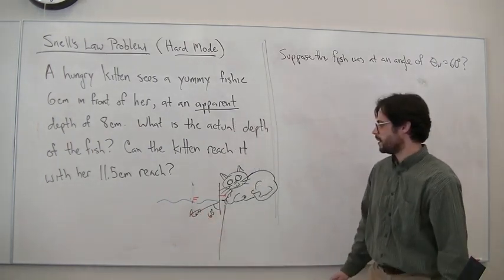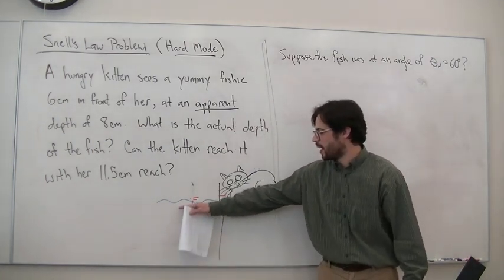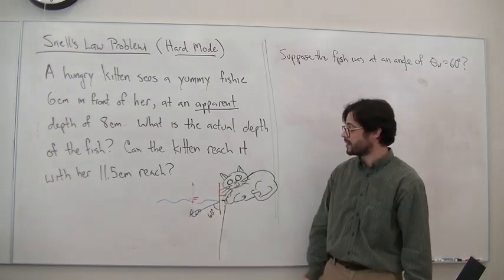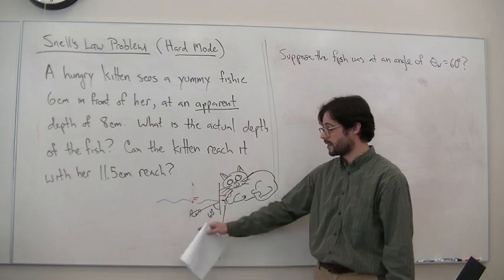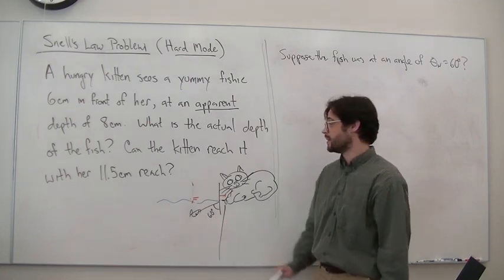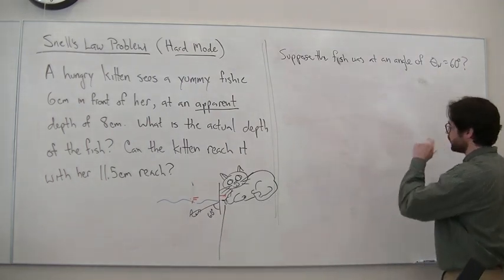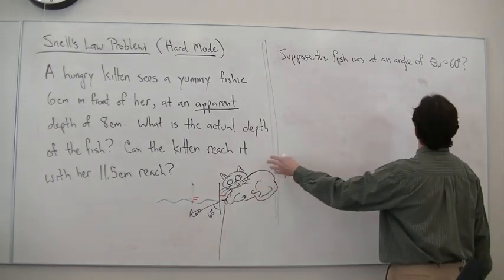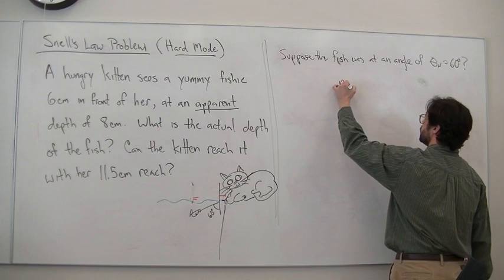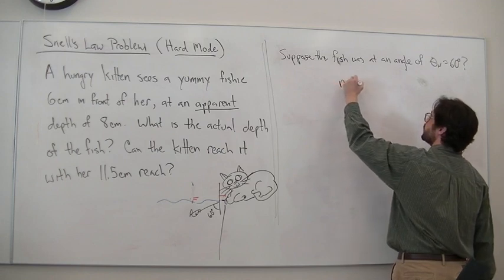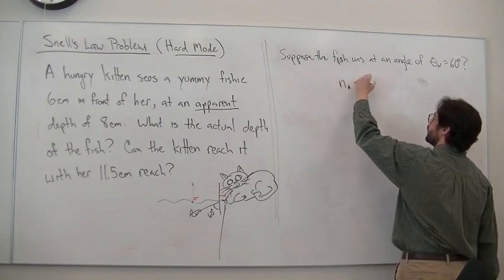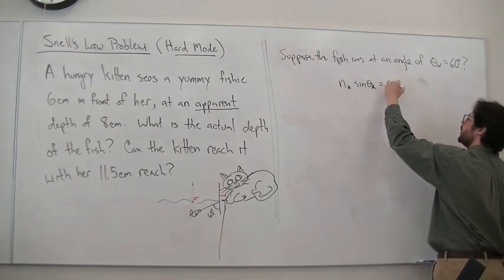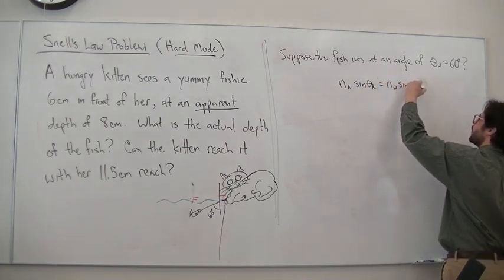So maybe you're thinking, you foolish fish, you're going up, right? You used to be at an angle of 20 degrees, which was farther down. Now you're raising yourself up towards the surface. Clearly you're going to get caught, right? So what actually happens when we see whether or not the cat could catch the fish? I'll plug this without thinking into Snell's law. So I have n air sine theta air. So we're trying to figure out theta air. Maybe we'll do some trigonometry. n water sine theta water,